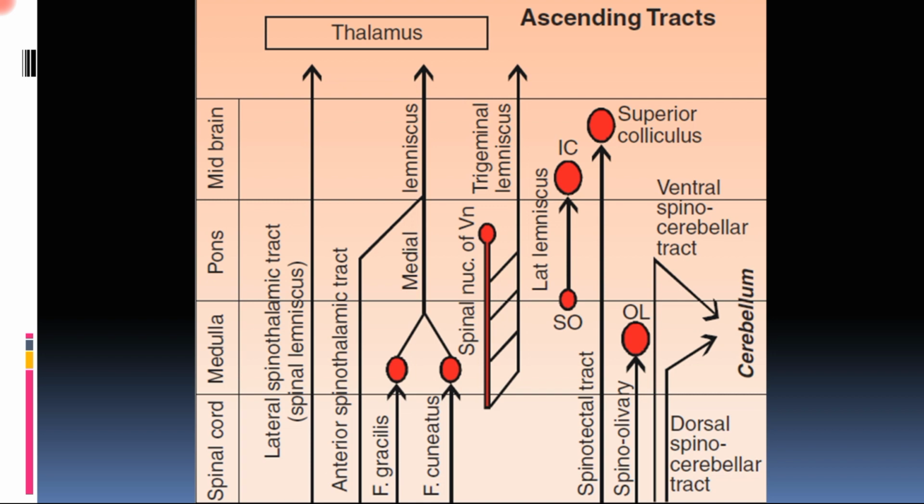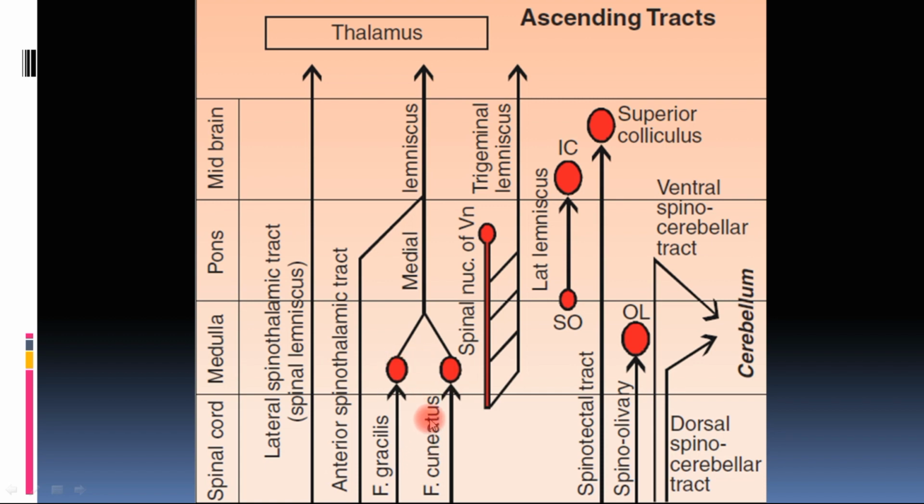The symptoms we have to understand on the basis of where the spinal cord is crossing over to the opposite side. We will discuss the major two tracts, the dorsal column medial lemniscus pathway and the spinothalamic pathway. The dorsal column consists of fasciculus gracilis and fasciculus cuneatus. These two make up the dorsal column medial lemniscus pathway, and they cross to the opposite side in the medulla, not in the spinal cord.